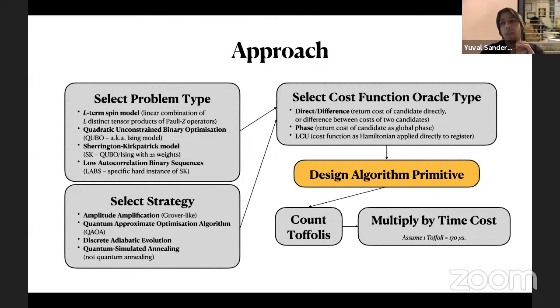And really our work is about designing the algorithm primitives, which is why I've sort of put it in gold instead of gray. So essentially, in order to come up with these algorithm primitives, or to design them, I should say, we have to do 2 steps, which can happen independently, but they both lead to a lot of complexity, meaning the colloquial sense in terms of how much we have to sweat to get answers. And one of those 2 ways that we have to sweat is in terms of selecting the problem type. So we focused on, this is the list that I've given here is hierarchical in the sense that the top is most general and the bottom is the most specific.